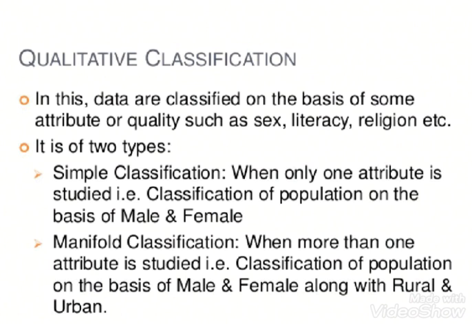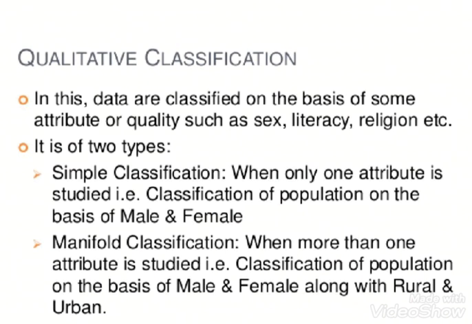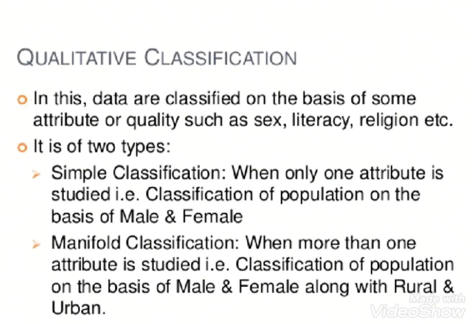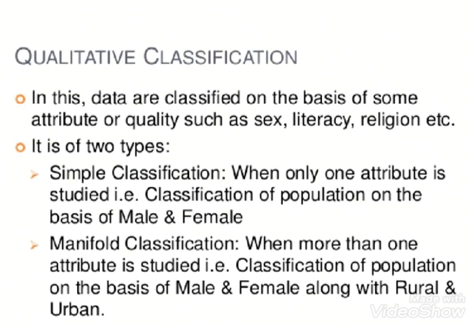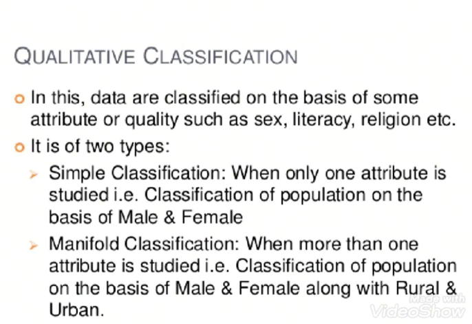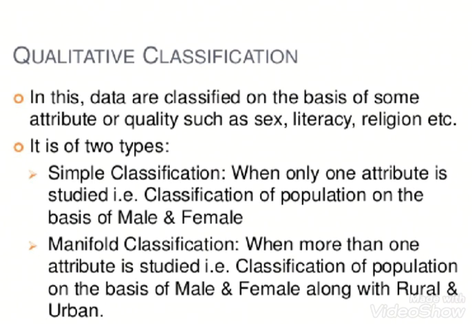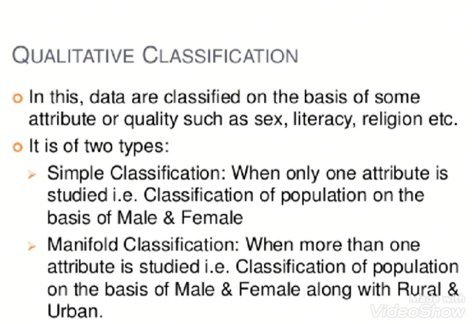Then qualitative means the characteristics you are going to notice. In this, data is classified on the basis of some attributes or qualities such as sex, literacy, religion, etc. It is of two types: simple classification and manifold classification. In simple classification, only one attribute is studied, that is classification of population on the basis of male and female. In manifold classification, more than one attribute is studied, that is classification of population on the basis of male and female along with rural and